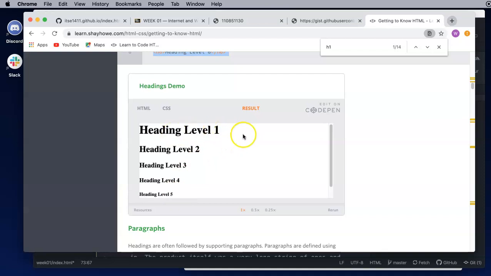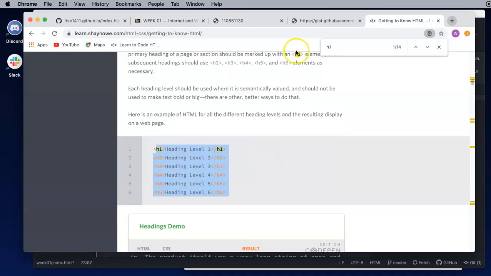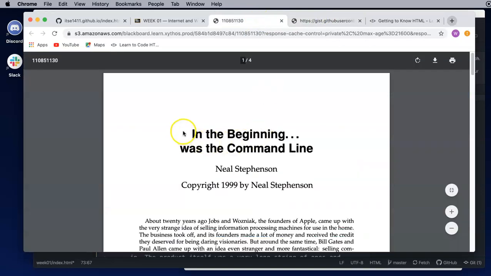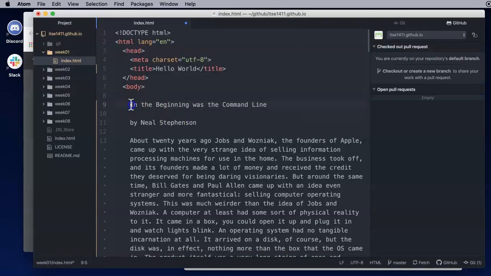Should you always use heading level 1 when presenting headlines? Well, notice there's only one really large one, and then there's smaller ones. They're not as large as the first one. So I would recommend, as we start the tag, the very beginning, your first tag should be H1, and close the tag with the angle bracket /H1. By Neil Stevenson, I would give it some importance here, and I'm going to use that as an H2,